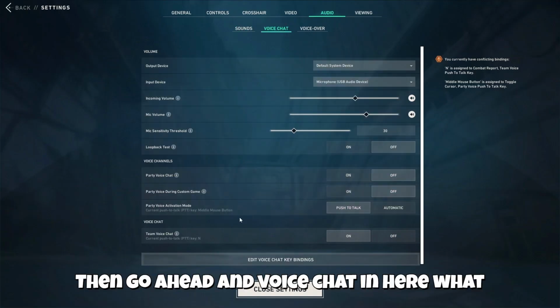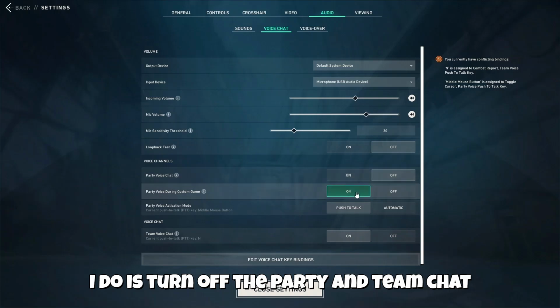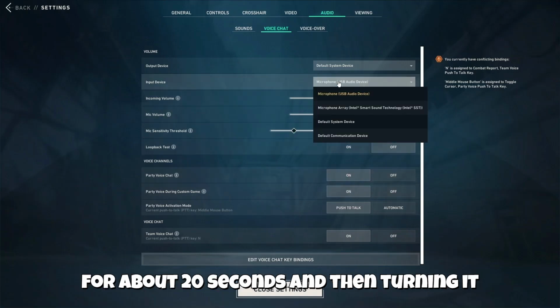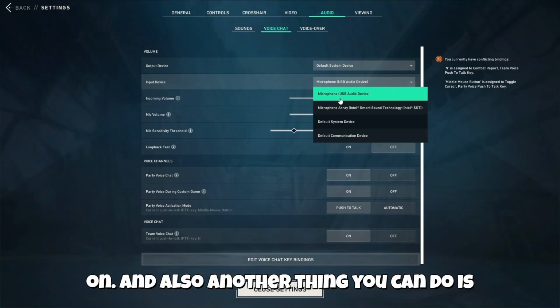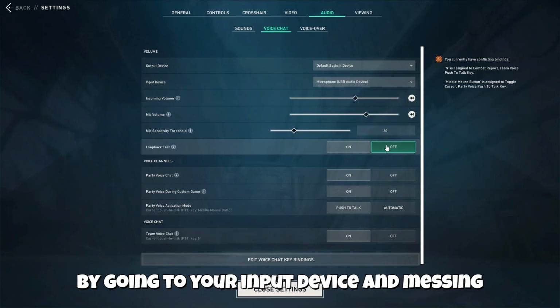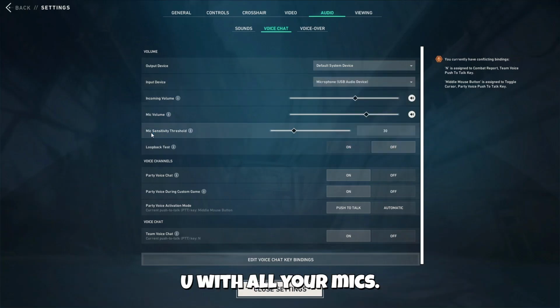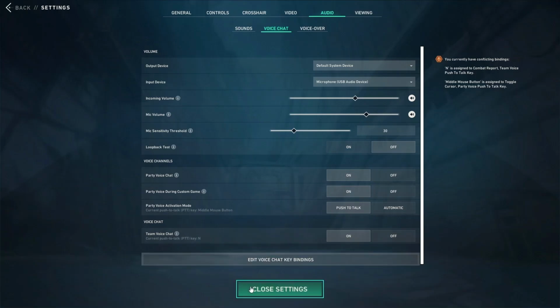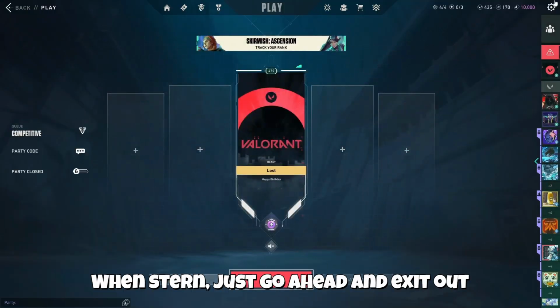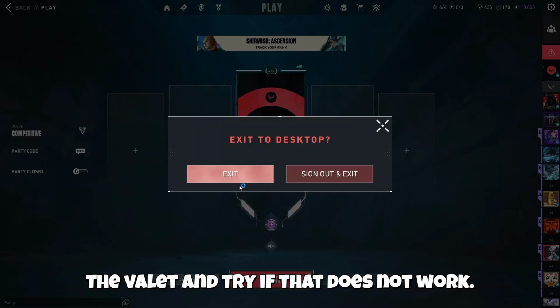In here, what I do is turn off the party and team chat for about 20 seconds and then turn it on. Another thing you could do is go to your input device and try switching between all your mics. Once done, just go ahead and exit out of Valorant and try it. If that does not work,